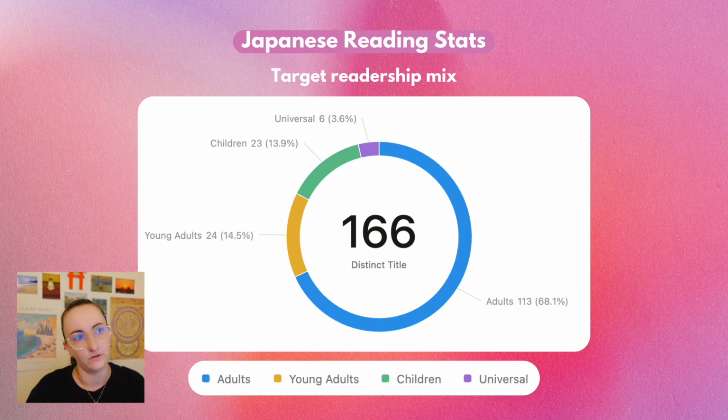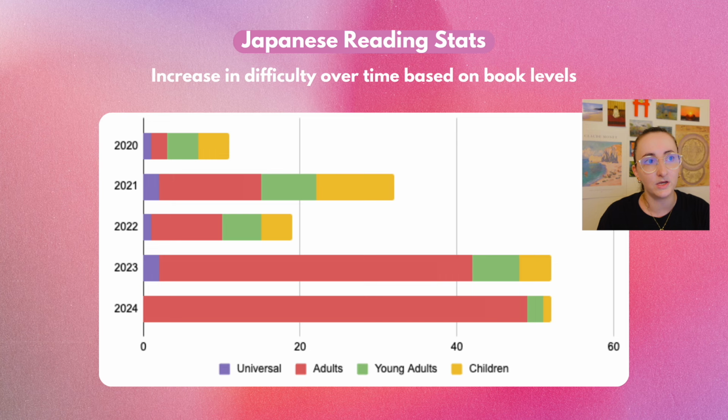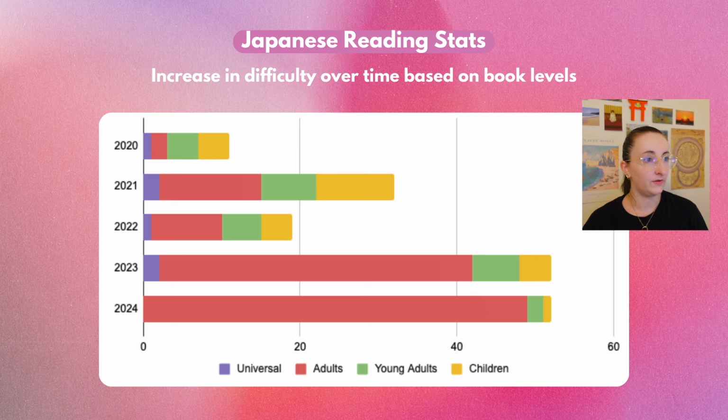And then finally, the last slide for today, which shows the increase in difficulty over time based on book levels. So you can see a clear evolution here in the proportion of adult targeted books I have read over the past few years, because in 2020 I only read a few, as you can see. In 2021 the proportion was bigger. 2022 I read less overall, so the proportion is not very big. But then from 2023 the proportion exploded, and I read a lot more books targeted for